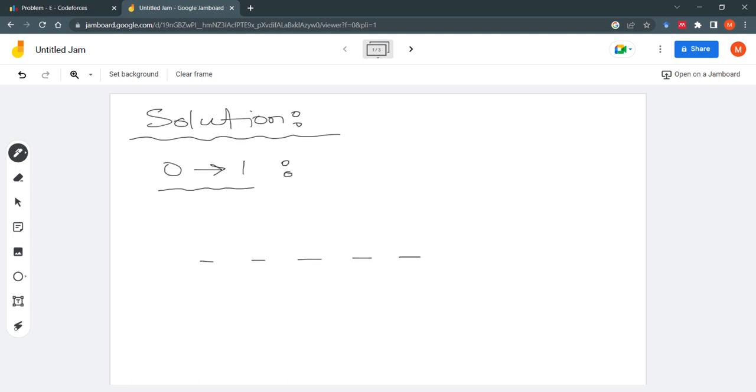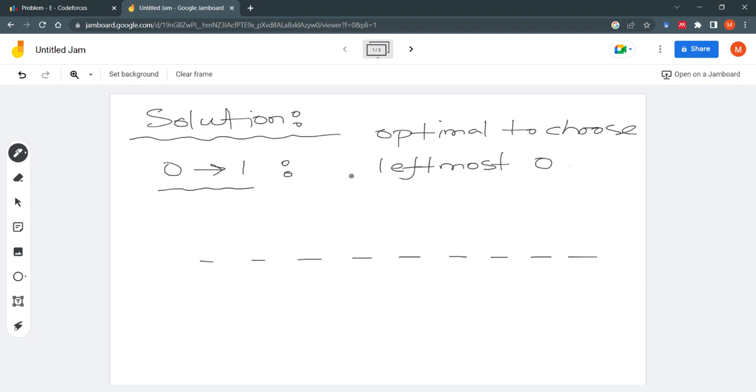So suppose this is your binary string, and for a particular index which is 0, you are changing this 0 into 1. I would argue that it is optimal to choose the leftmost 0,